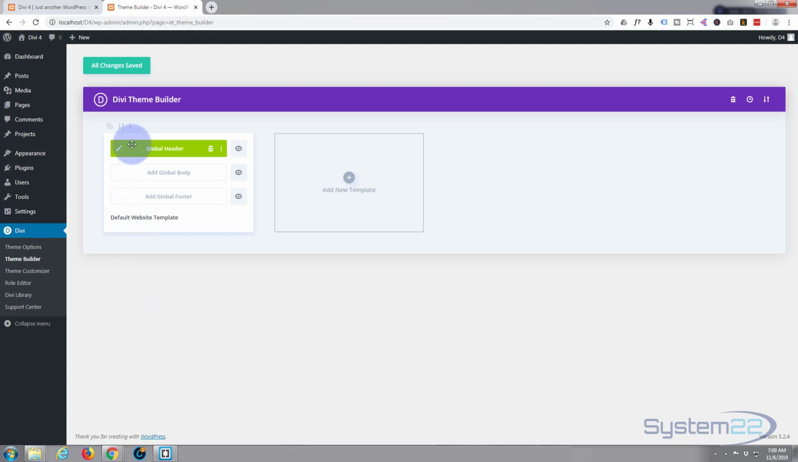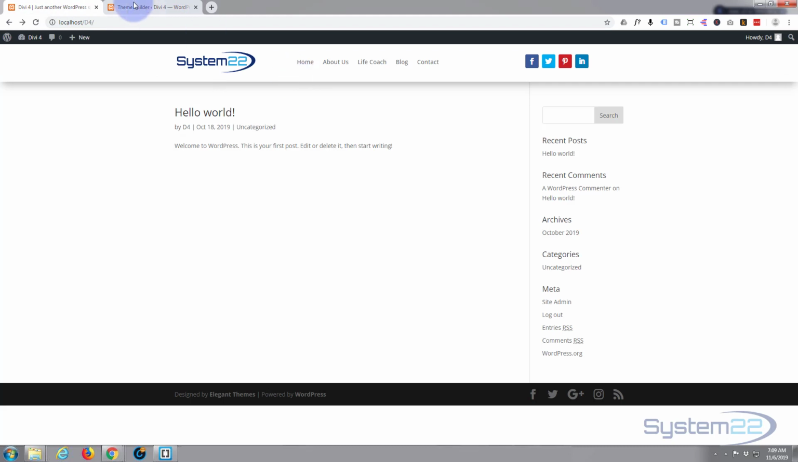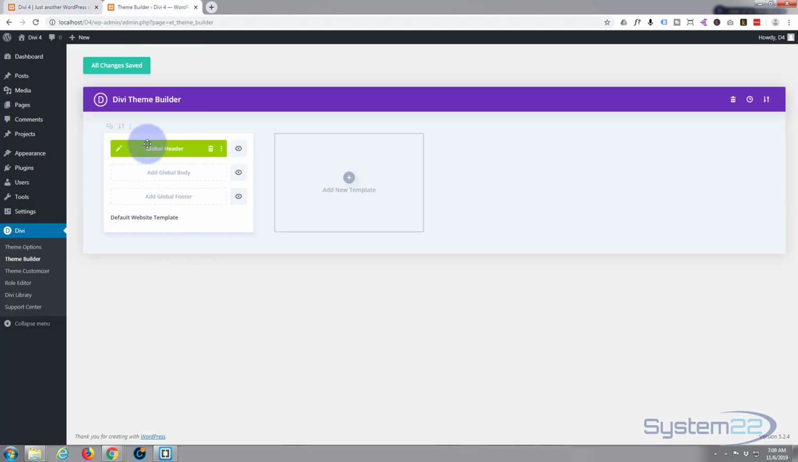Here's the global header that we created yesterday. It's this one right here. And as we mentioned yesterday, because it's global, every time you create a new page, it'll appear there. We want to do the same with the footer. So let's click on Add Global Footer,